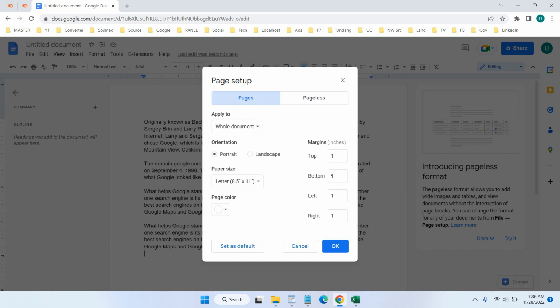In here, we just need to set the margins, and we also want to change the paper size to A4. Then in here, we need to set the left margin to 2. This is in inches. Okay, and on the top we need just